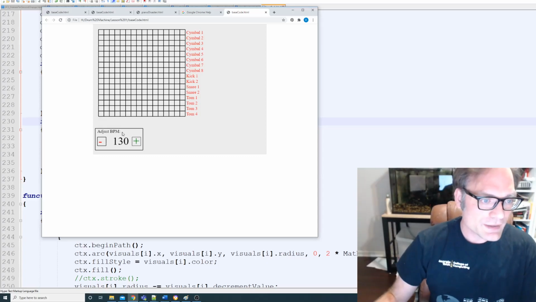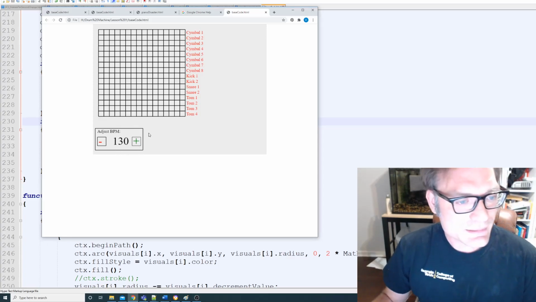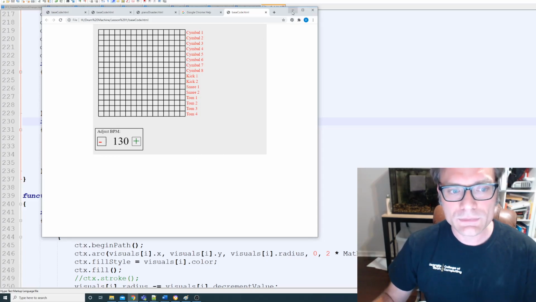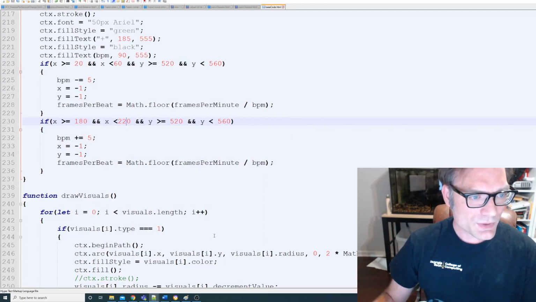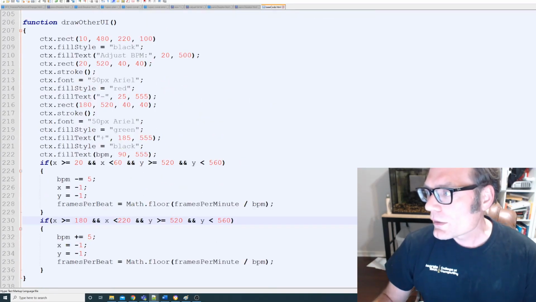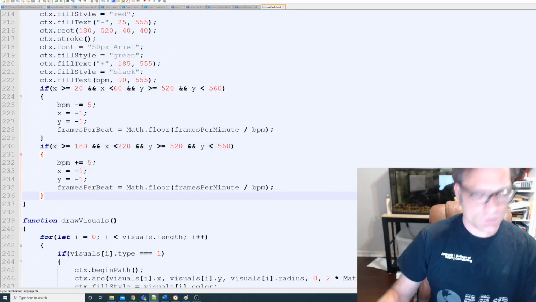If we wanted to get fancy, we could probably create a rectangle that had a filled-in value behind this, and instead of having a gray background, we could have a little bit different color. But that's something that you can add in the future. So this adjusts our BPM, and what we want to do is have another